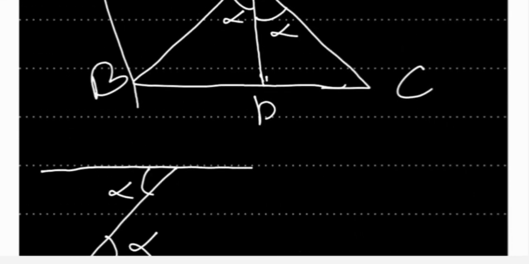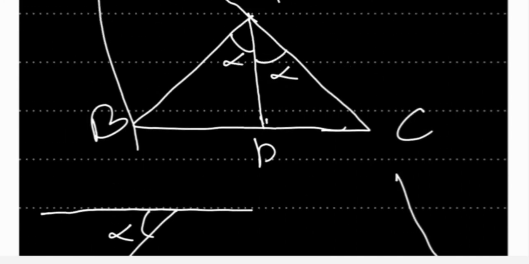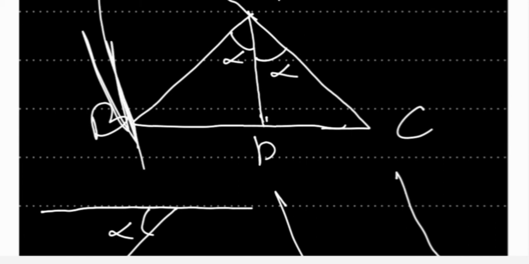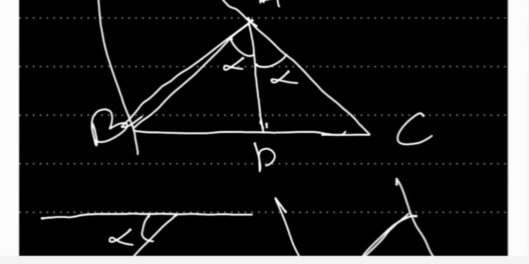And you might remember it like this, but it is also valid in our case. We had a line over here, this line here, and another line over here, and they are being cut by this line over here. This is alpha, so this too is alpha, okay? So this part over here is alpha,